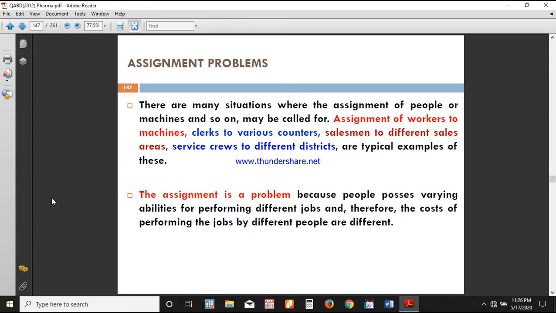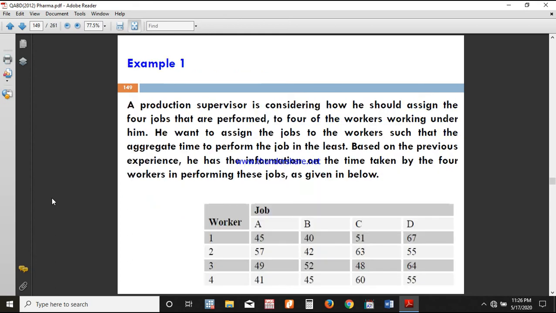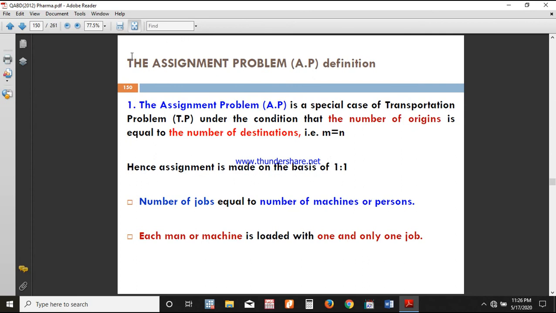Therefore, to undertake this assignment problem, now take into consideration this example. There are 4 workers with 4 jobs. To assign, for example, worker 1 to job A, it will take 45 minutes. These numbers are the minutes required to assign each worker to these jobs. To find the total time it takes for these workers to be assigned to these 4 jobs, you can use this assignment problem